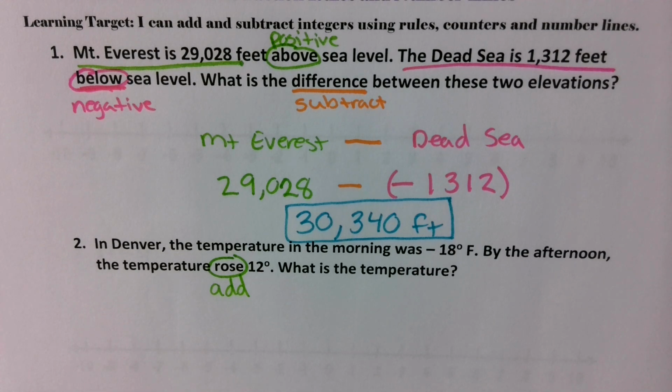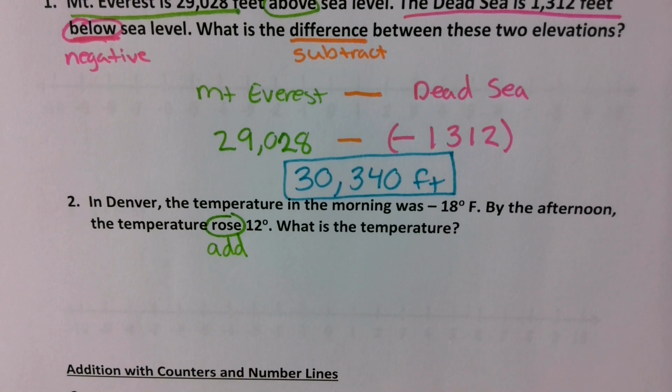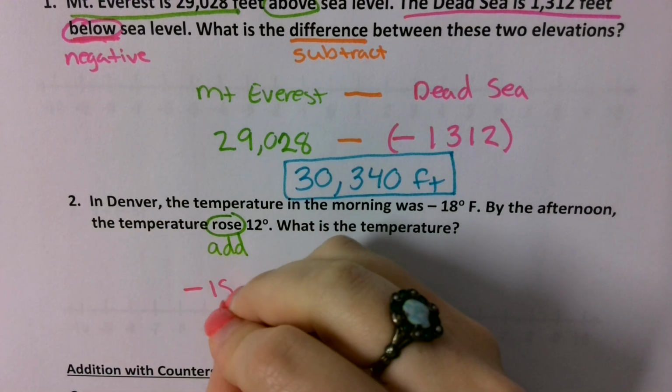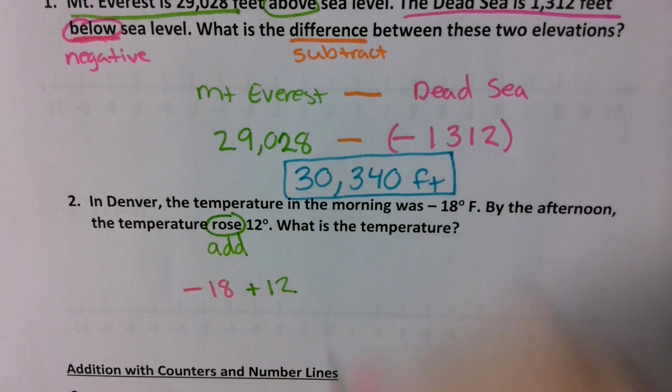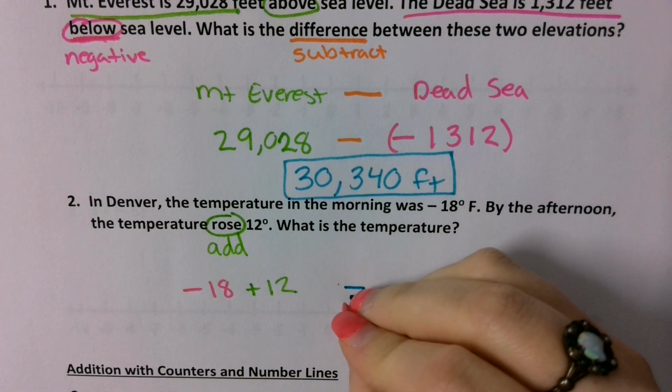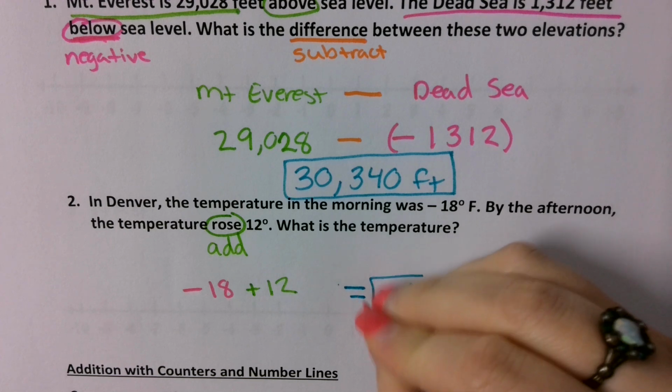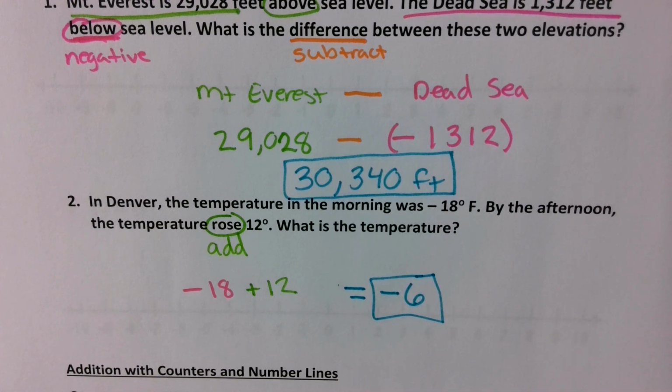Let's continue. So we know we're going to go ahead and add. So we're going to take negative 18 and we're going to add 12, and that's going to come out to a negative 6. Remember, these were different signs. We would subtract and keep the sign of the larger number, but you will be able to use your calculators for that. We're going to go ahead and stop here,